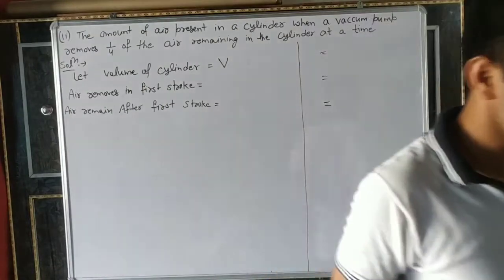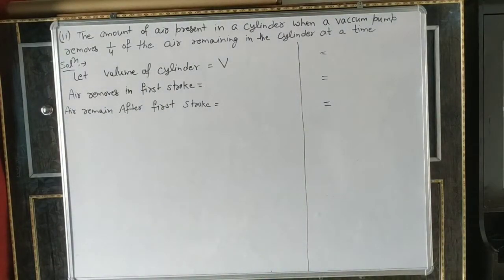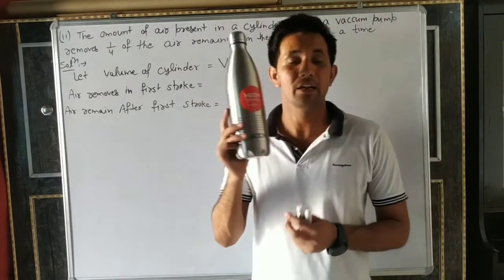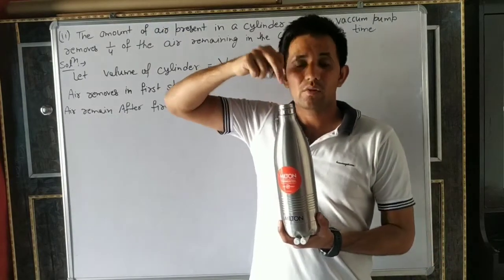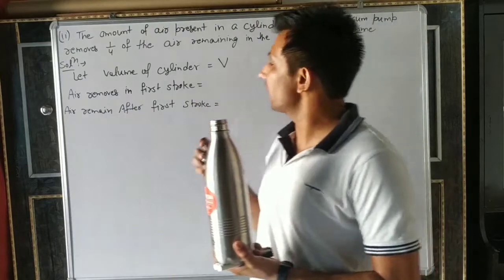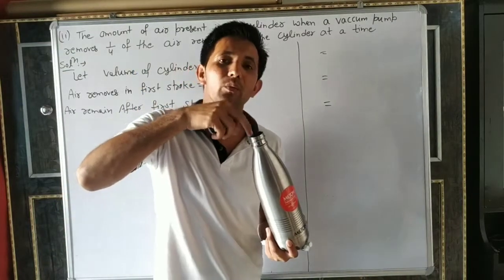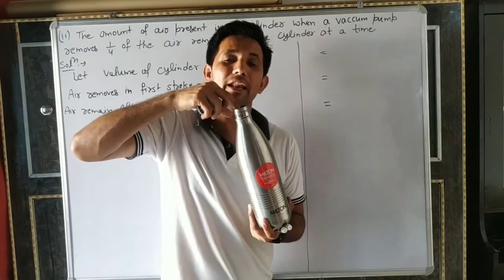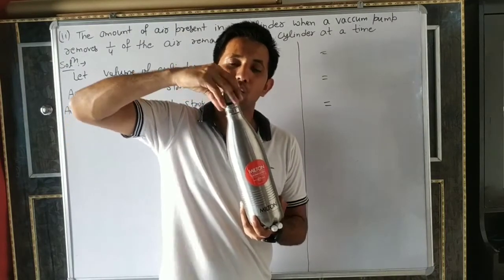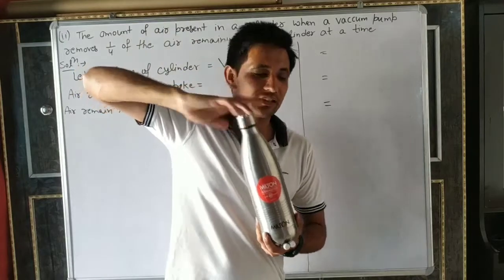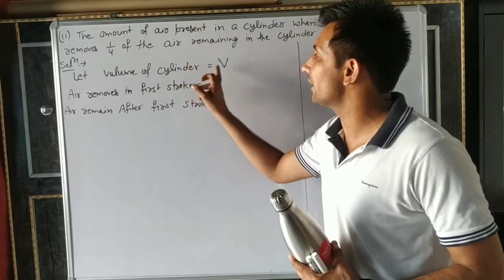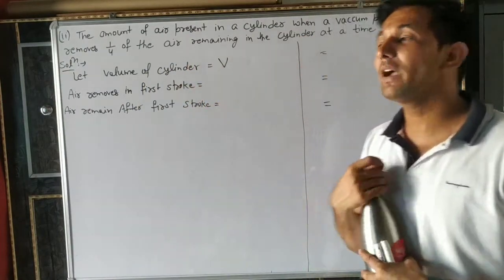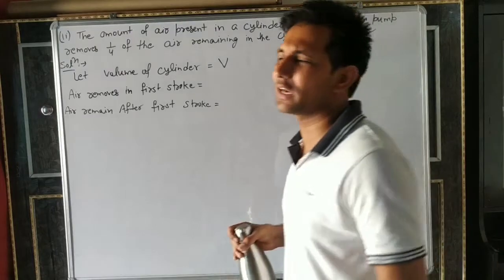Everyone knows, suppose this is our cylinder. Understand, dear? In this cylinder, air is present. So where do we measure air, in volume or area? Air is always present in its volume. Understand? Air is inside, or not? So therefore, first we let the volume of the cylinder be V. Why are we taking V? V means volume. Otherwise you can take X also.